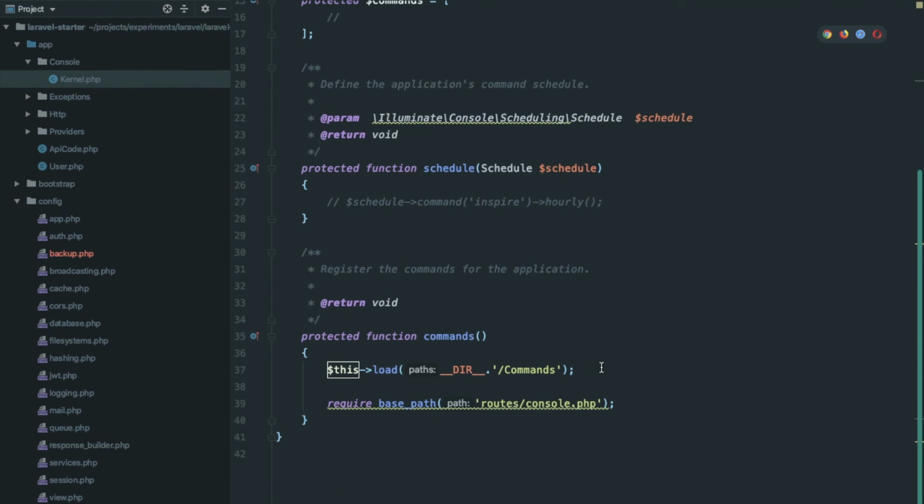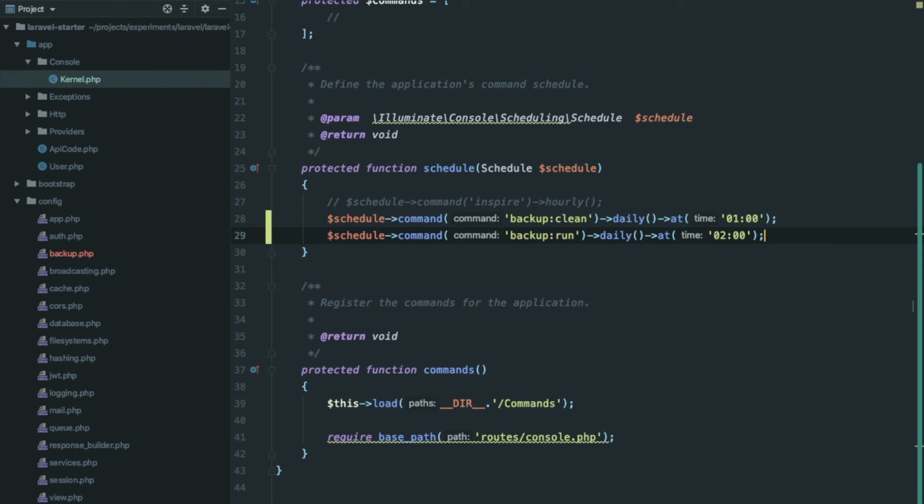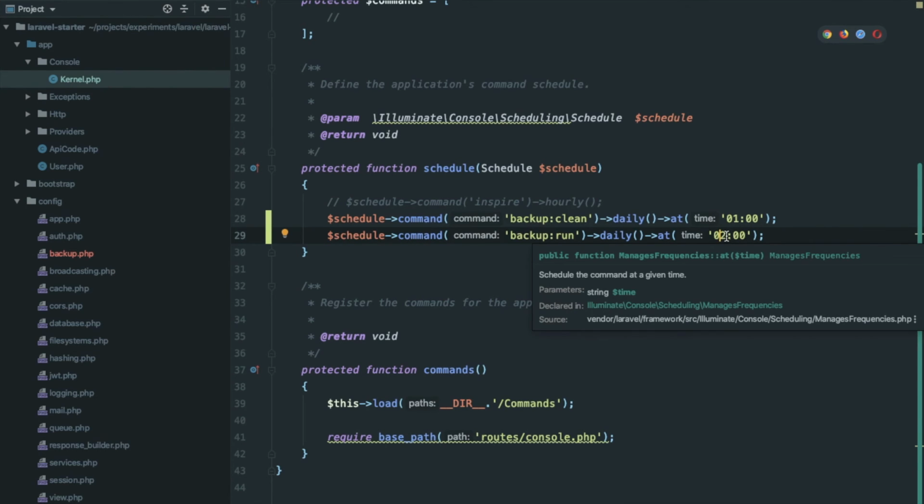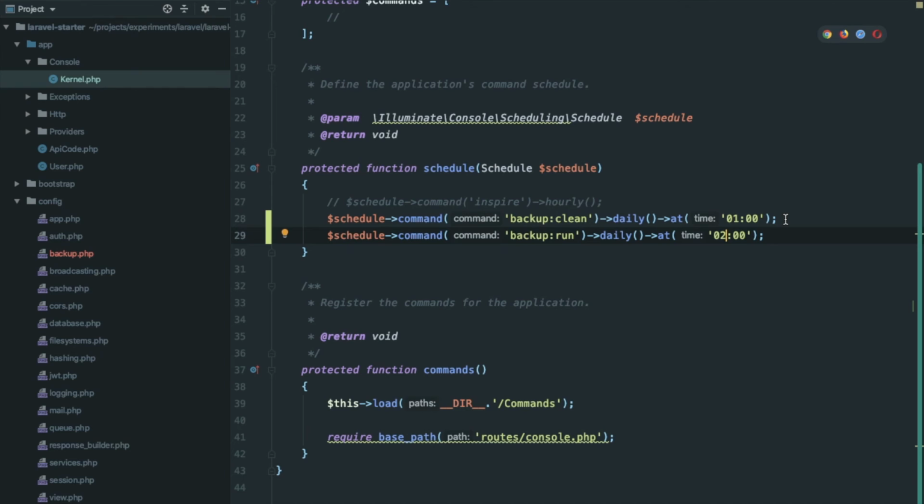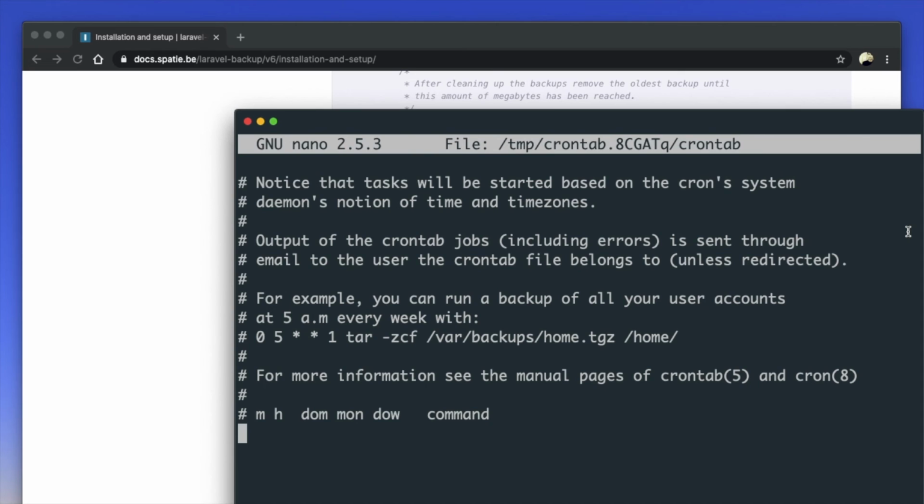Once done, all you need to do is schedule these commands using Laravel Scheduler. If you want, then you can directly set them in cron tab or supervisor, whatever you are using, but Laravel Scheduler provides you a clean way to do that. Next, you need your Laravel Scheduler to run every minute using either cron tab or supervisor. If you are using cron tab, it should look something like this.